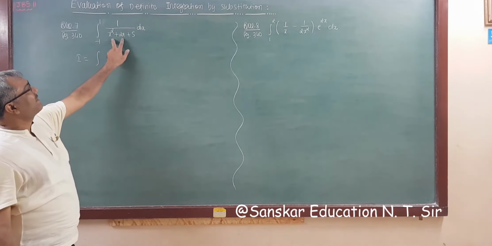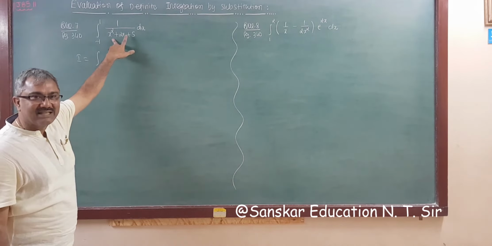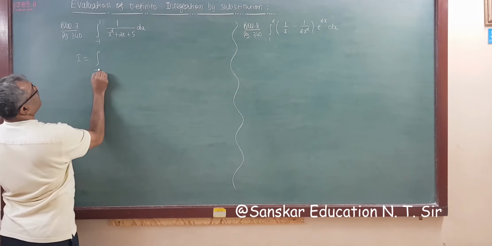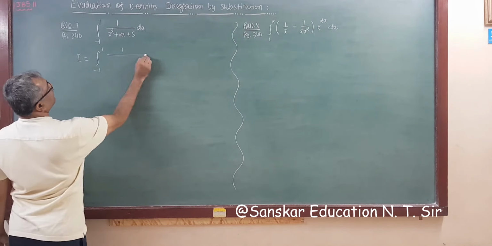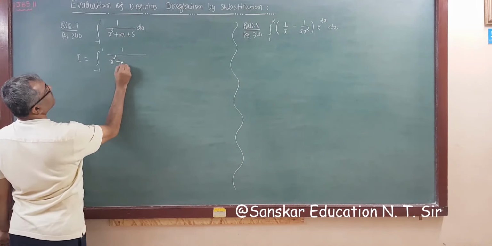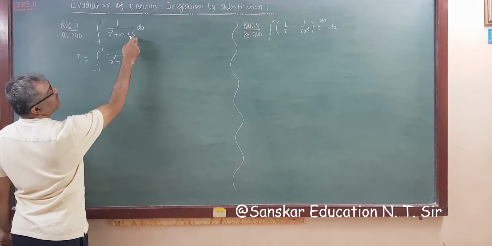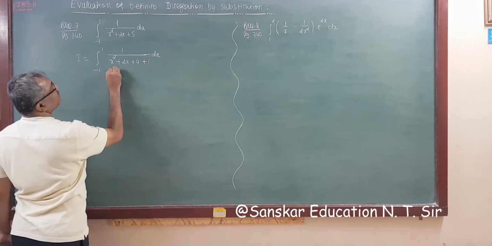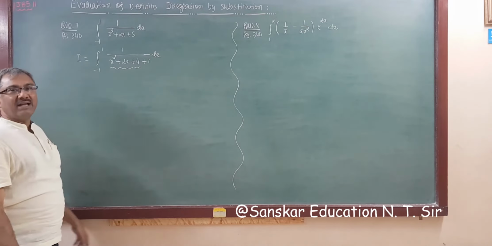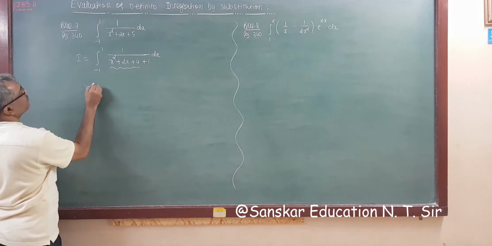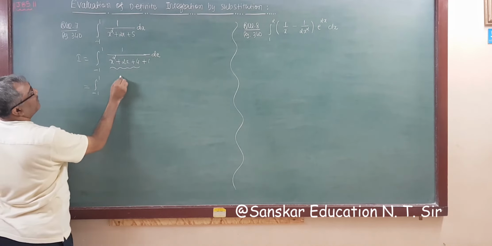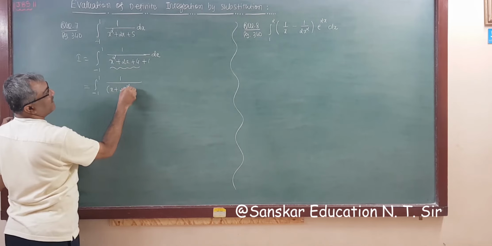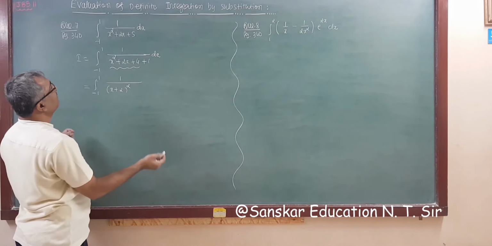So x square plus twice x plus 5, polynomial is given quadratic, so you have to make it a perfect square. So for making perfect square, minus 1 to 1, 1 upon, this is x square plus twice x, last term is 4, so I am splitting 5 as 4 plus 1, dx. So this is a perfect square of x plus 2 whole square. So this is minus 1 to 1, 1 upon x plus 2 whole square, right?